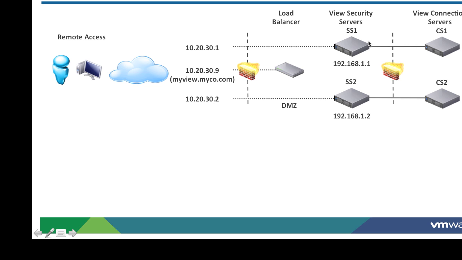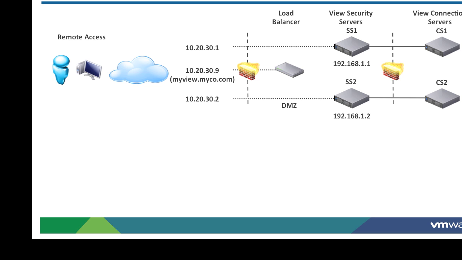10.20.30.2. So I went into each security server configuration, SS1 and SS2, changed the external URL to reference that external IP address, and the same for the PCoIP external URL, which also used those same addresses. If in your environment you just have a single security server and no load balancer, then the environment can be exposed as a single VIP, for example 10.20.30.9 as shown here, in which case both of the external URLs, the main external URL and the PCoIP external URL, can both be set to